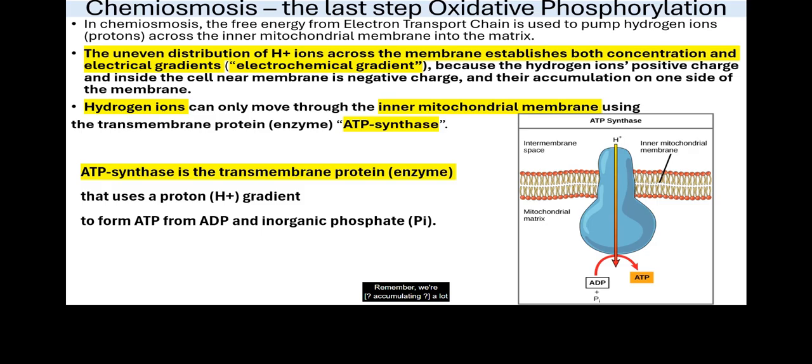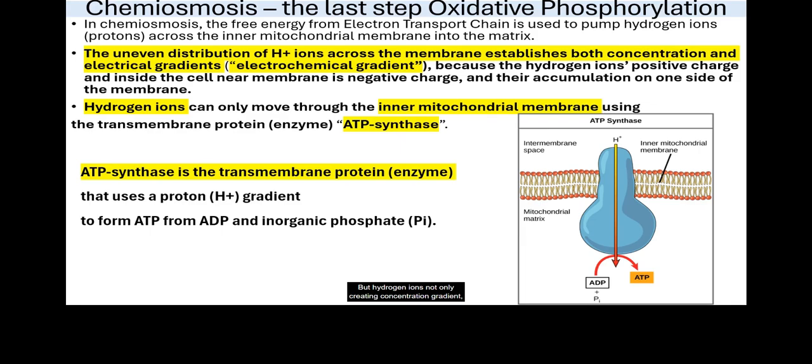Remember, we're accumulating a lot of hydrogen protons in the intermembrane space, and we have a low concentration of hydrogen protons in the mitochondrial matrix. So when this channel opens, hydrogen protons will rush from the area of high concentration to the area of low concentration, and this will be the energy that helps to attach a phosphate group to the